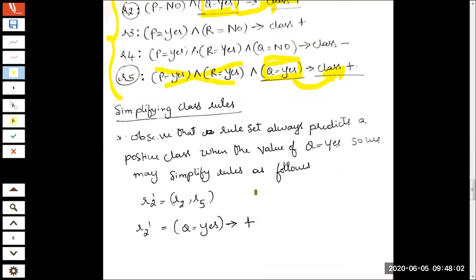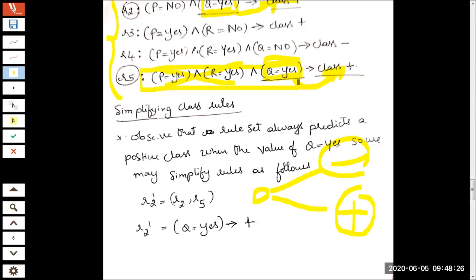Now there is a record R, a new record, new data. I want to decide whether this data belongs to class minus or class plus. My classifier need not go and check all parts of the rule. First, it will check whether Q equal to S. If so, directly take it to class plus. No need of verifying other rules or other parts of the antecedent.